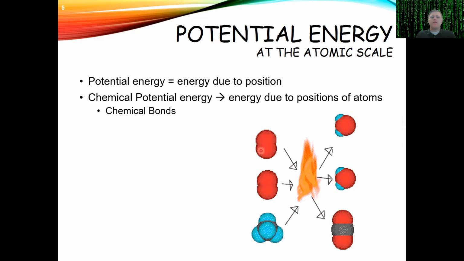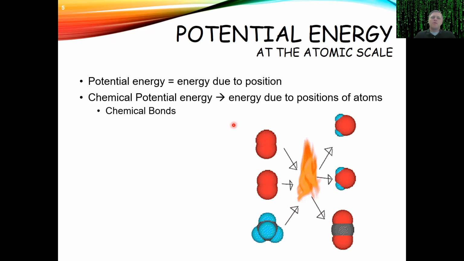So for example, if I've got oxygen molecules here reacting with a methane molecule, those can burn in a combustion reaction. And what we're doing is breaking a bunch of high energy bonds to form a bunch of lower energy bonds. So when we go from a bunch of high energy systems to a bunch of low energy systems, we have extra energy left over, and that's given off in the form of light and heat that's passed to the surroundings, right? So we're converting that potential energy into other forms of energy.